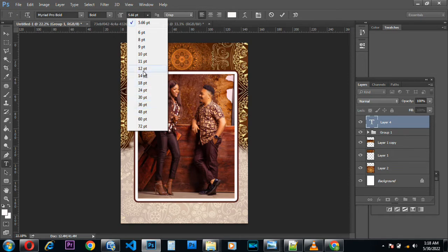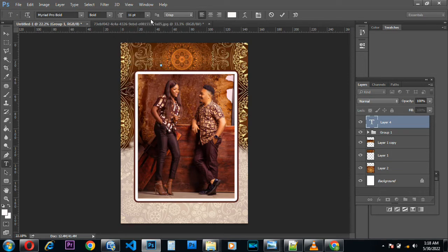Okay, so it's 5. I can make it something like a 6, just for me to see this line very well. So just for me to see my cursor very well. So the title of this work will be, because the name of the wife is Joy and the name of the husband is Meekness, the title of this jotter now will be Jmeek